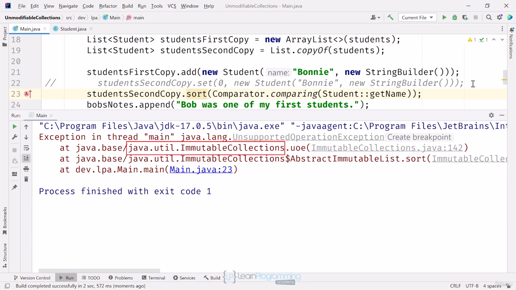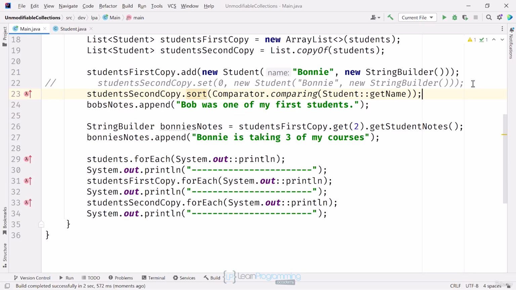You might have noticed the package name in the stack trace, java.util.ImmutableCollections. This behaviour and these errors would have you believe that this copy of the list is immutable, but in truth, I did mutate data in one of the elements, the notes on Bob. Although the unmodifiable list prevents many alterations, it can't prevent all the data from mutating. If the element itself has mutable fields, code can get references to that data, as I've shown you in this